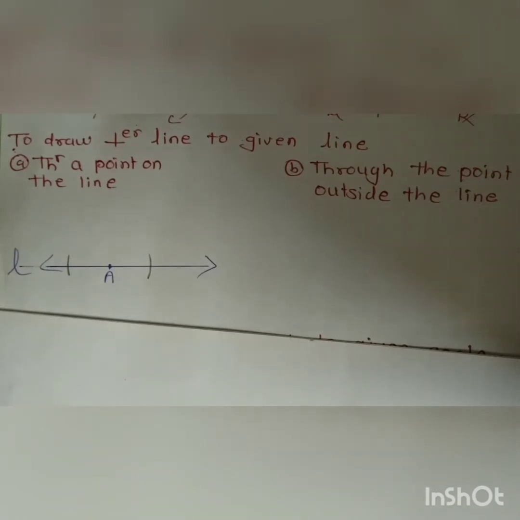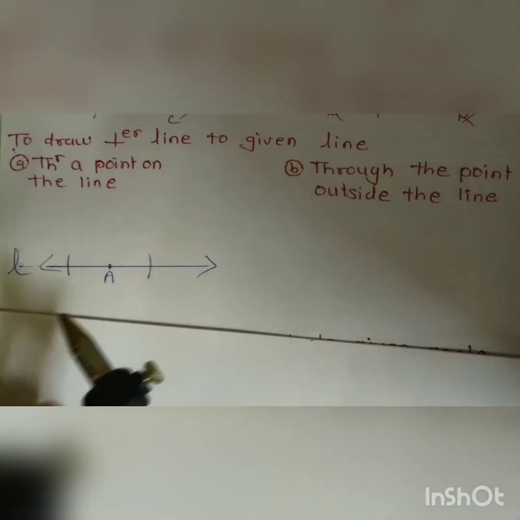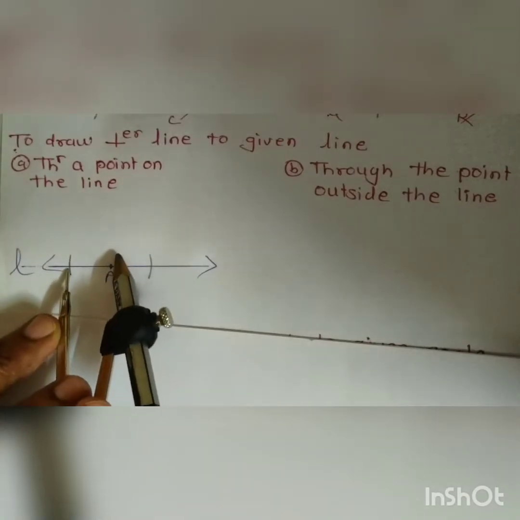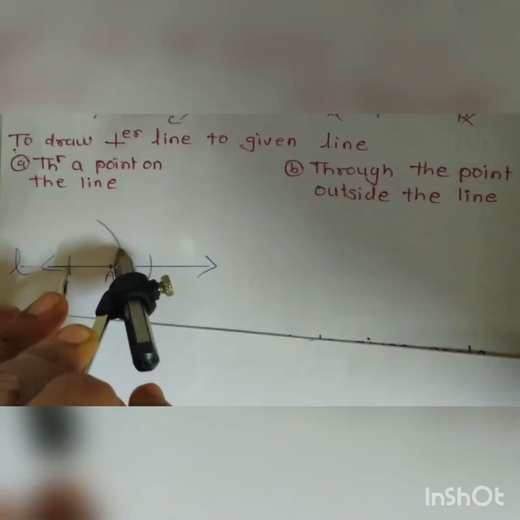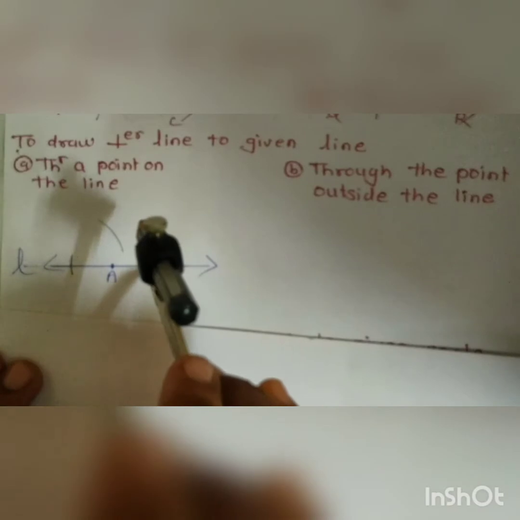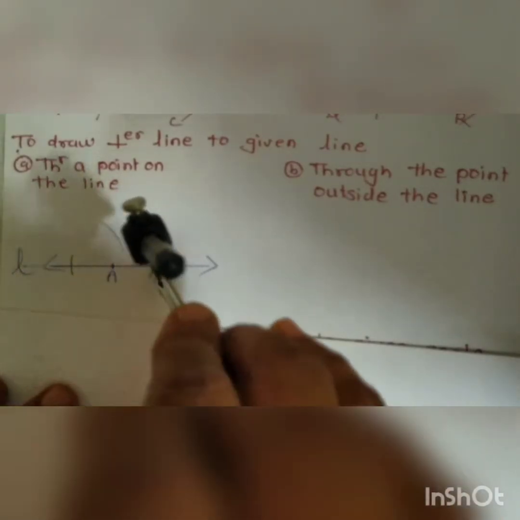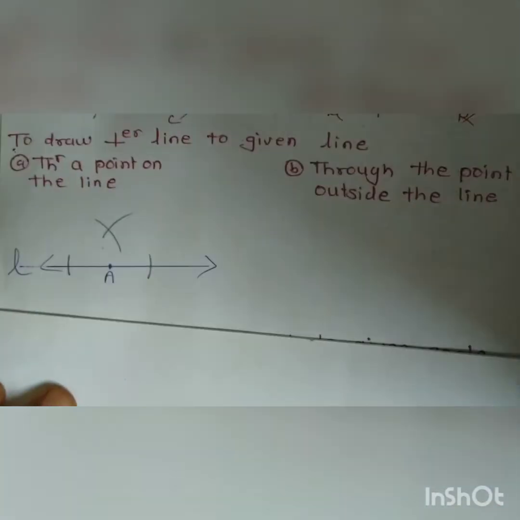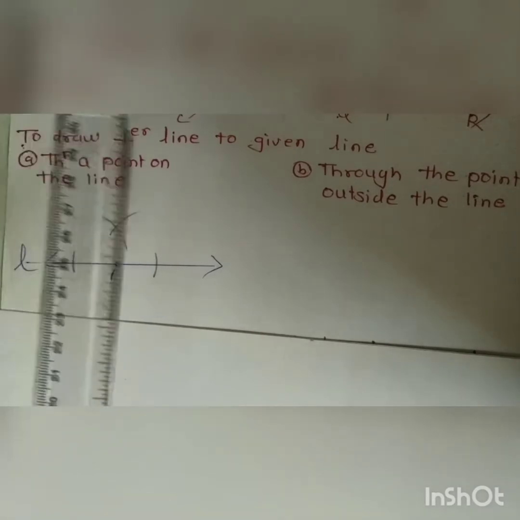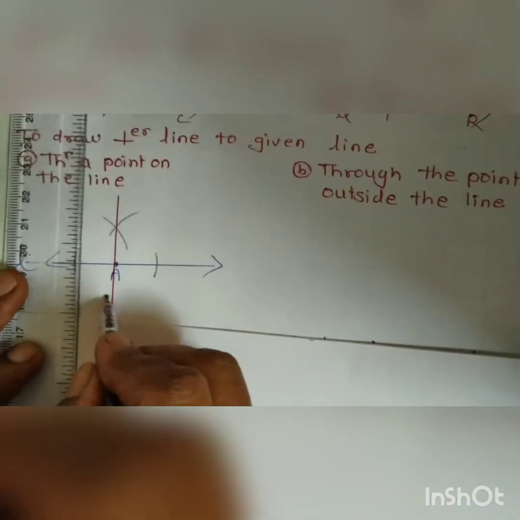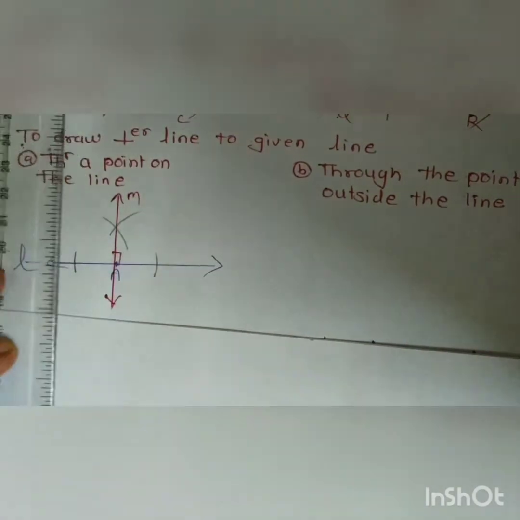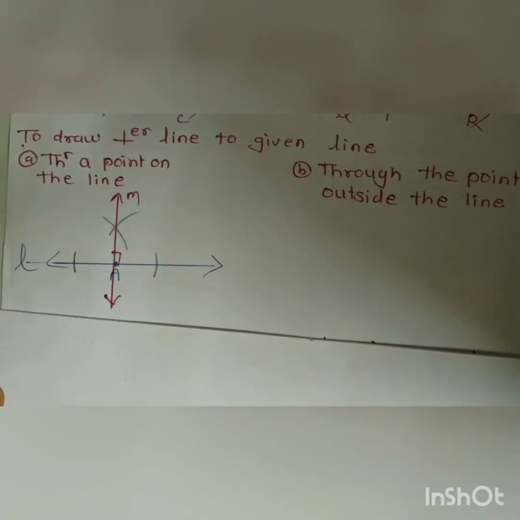Now considering the perpendicular bisector construction, put your compass on the point of intersection of this line and arc. Make an arc to one side of line L using the same reference point of another arc. Again make this, and the point of intersection and point A, when we draw a line passing through these both, that line is perpendicular to the given line passing through the point on the line.